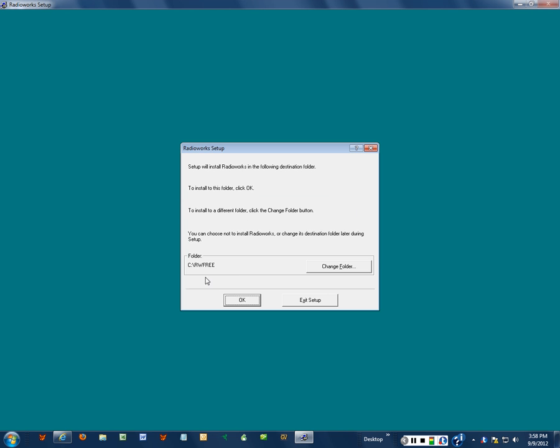And here you'll notice that it is going to install in the folder RWFree on your C drive. If you want to change that folder, you may click here. All we require is that wherever it goes, there not be any spaces in the folder name or the path name. For example, if you put it into My Documents, then you would have a problem because there is a space in that term. So we're going to click OK,